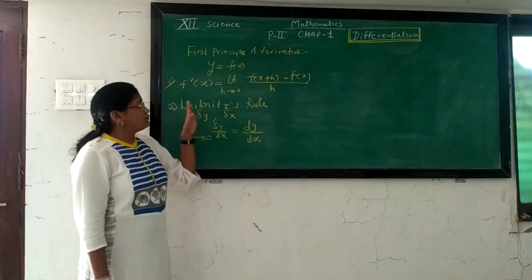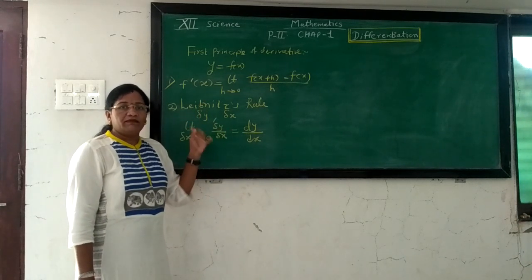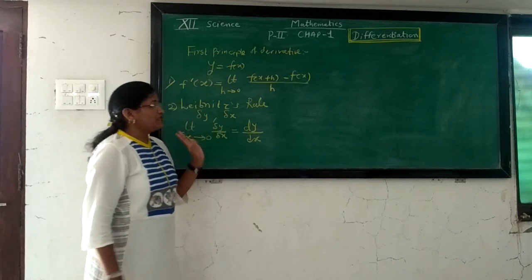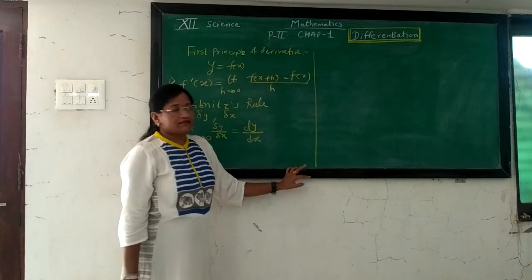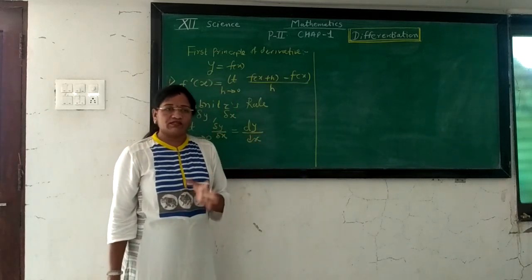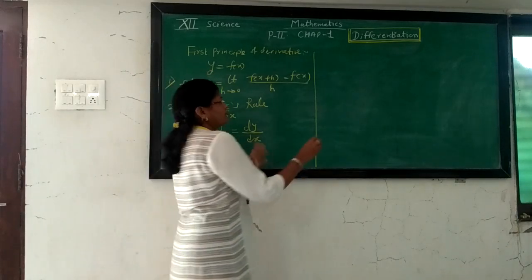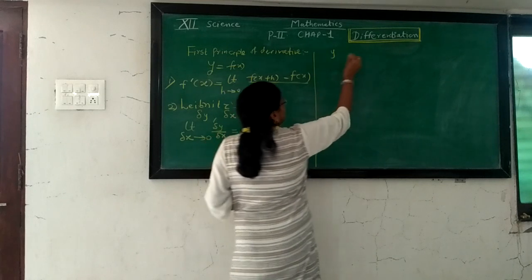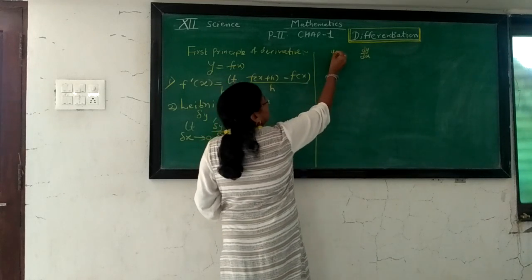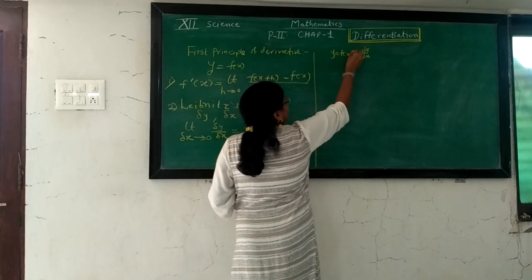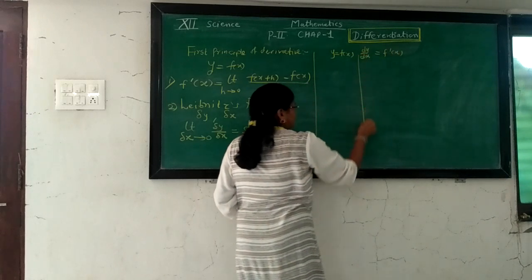Both depend on the limit. Here is the basic rule for defining derivatives of a function by taking the values of the limit of the function. With the help of this we take the results for some formulae: derivative of algebraic function, trigonometric function, logarithmic function and exponential functions. Here the function is y and we take the derivative as dy by dx. Or you may take y equal to function f of x, then dy by dx is called f dash x.